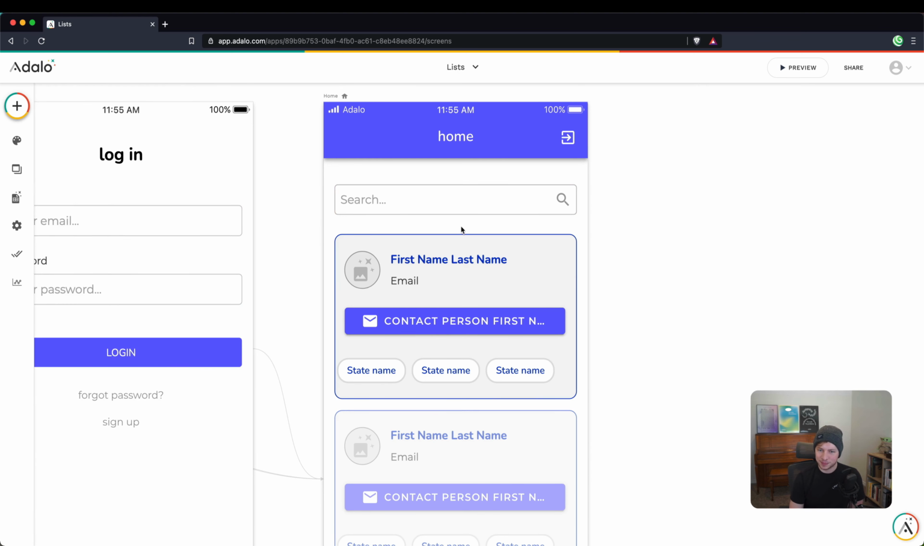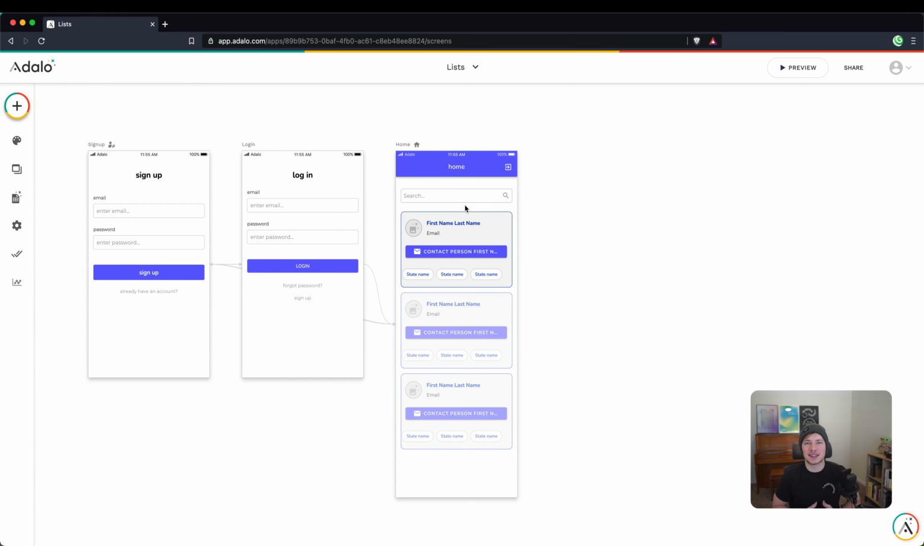All right, so I think we've covered the basics of lists in Adalo, both how they work, how to use the list components, and how to build custom lists as well as nested lists. Hopefully this was